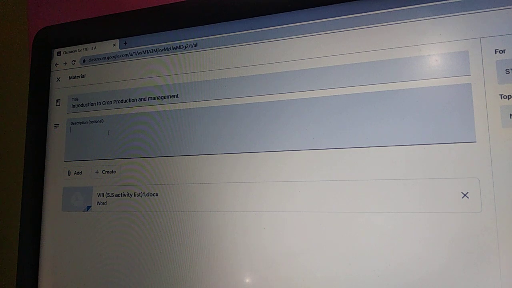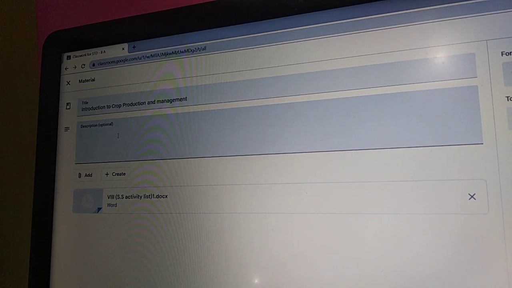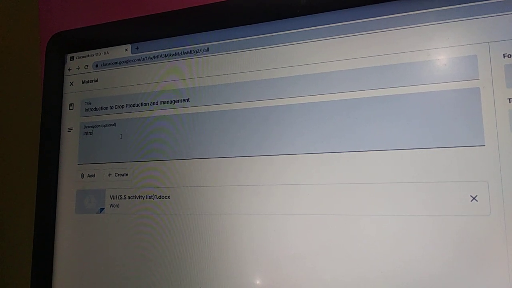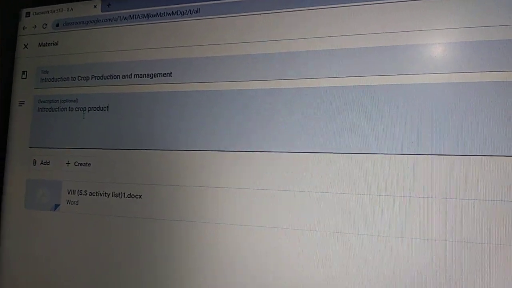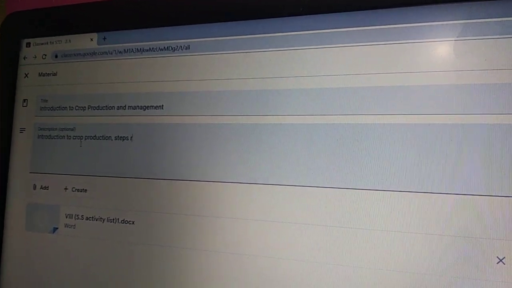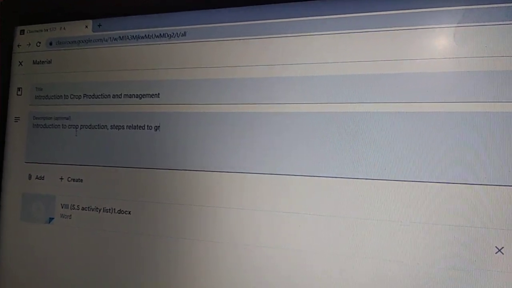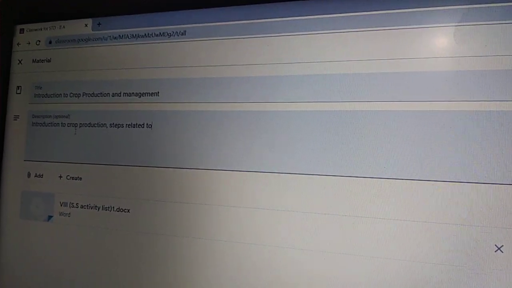Here the description shows introduction to crop production, steps related to farming.